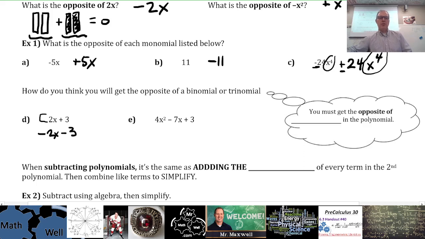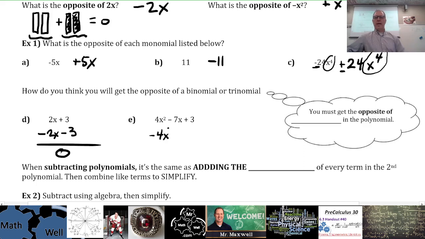Notice I've changed the understood positive sign there, and I've changed this plus sign to a minus. Excellent. And if we were to add those, 2x minus 2x is 0. 3 minus 3 is 0. So we have just 0, and that's perfect, right? Just 0. Okay. So for the trinomial then, the opposite trinomial to what's shown here would be